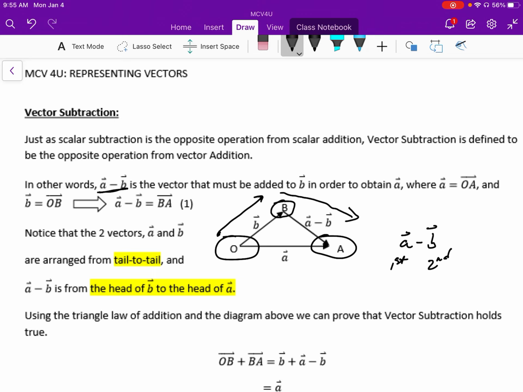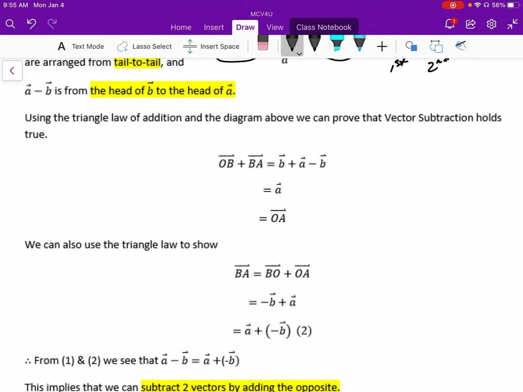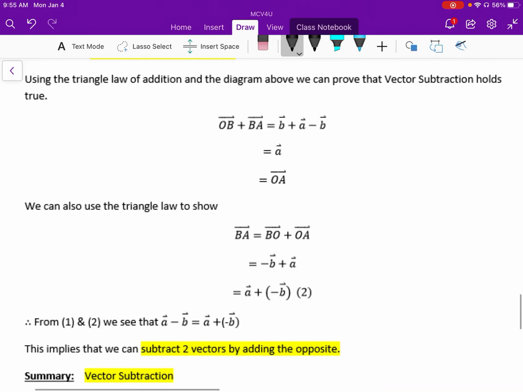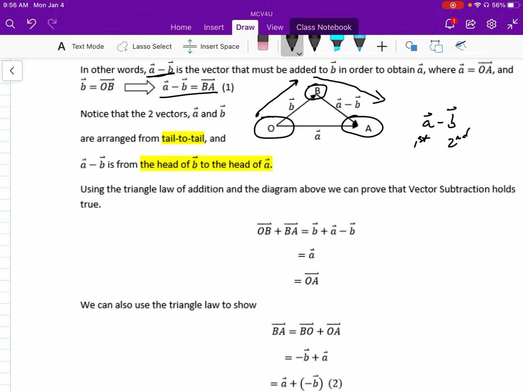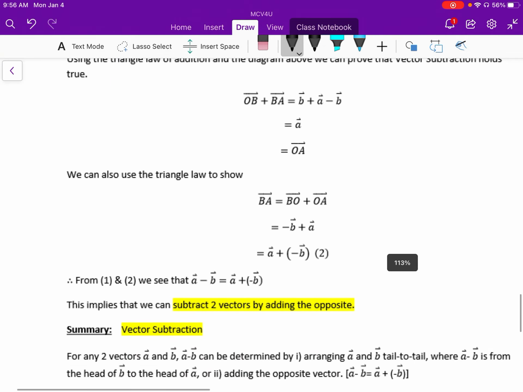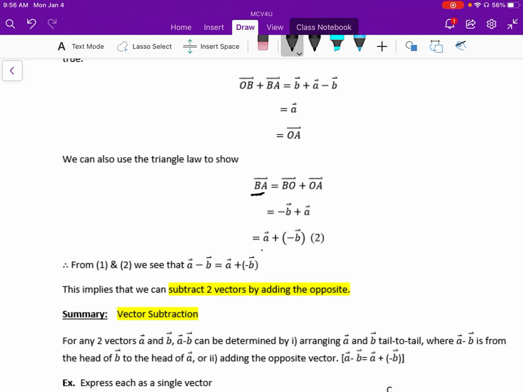All right. If you look at the rest of this coming down here, these equations based on vector addition, you can see that, first of all, we're proving that substitution works for vectors. And the other thing we're proving here, with equation 1 and equation 2, is that by definition, vector BA is vector A minus vector B. Working through the triangle here, vector BA is also A plus the negative vector B. So we can see that we can subtract two vectors by adding the opposite vector. So A minus B is equal to A plus negative B, which is identical to scalar